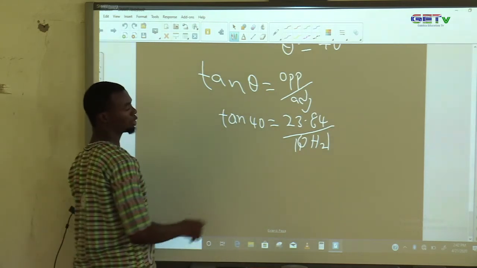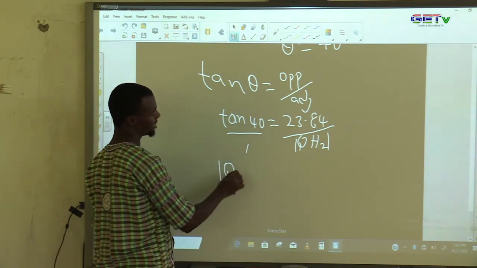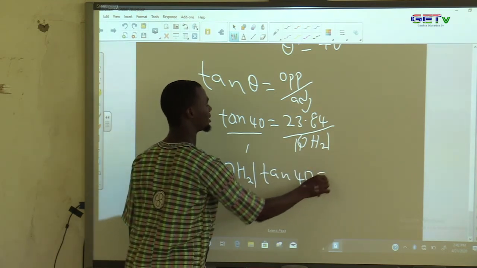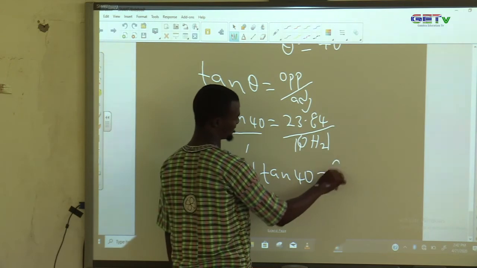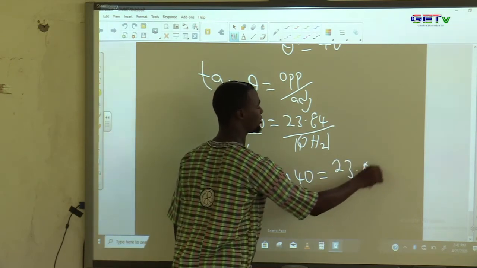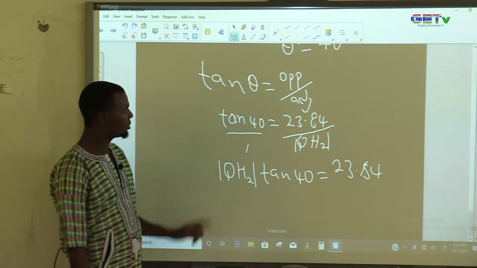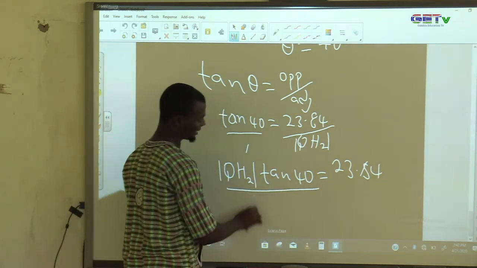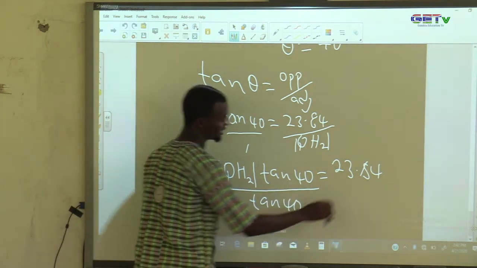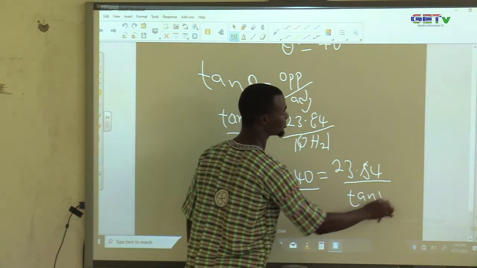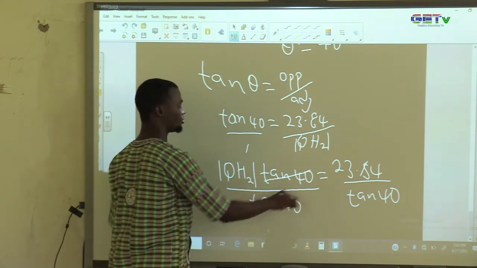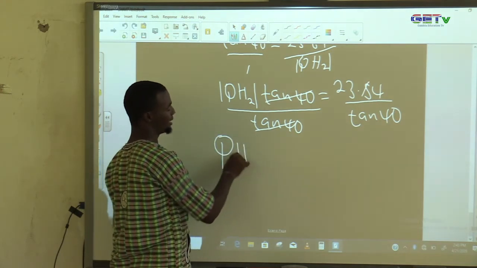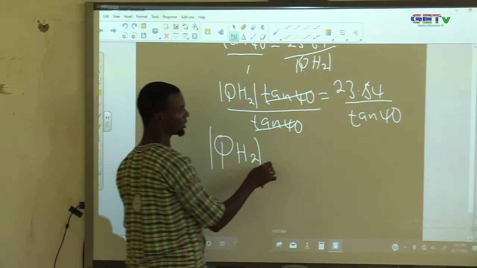So we cross multiply. So we'll have side QH2 tan 40 is equal to 23.84. Now we want this side, so we divide both sides by tan 40. Divide here by tan 40 and divide this other side also by tan 40. So you realize at the other side tan 40 will cancel tan 40. So side QH2 is equal to